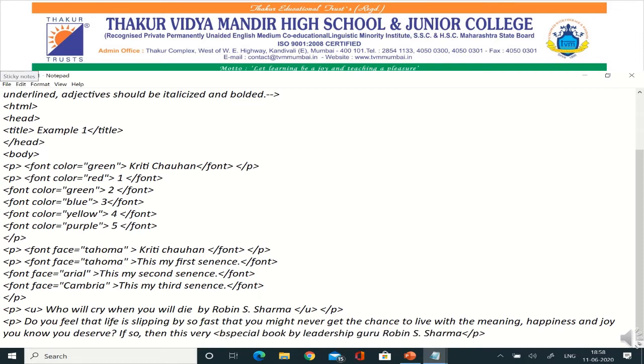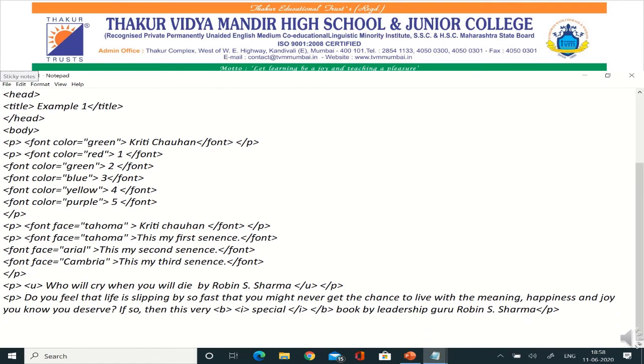You can either start with the bold tag, then italic tag, or you can start with the italic tag and then the bold tag. It's up to you, but I am starting with the bold tag. Whatever I start with first, I will end with last. So here the italic tag will be closed first, and then I will close my bold tag. Done. So the word special will have italic and bold style. Now my paragraph is closed.